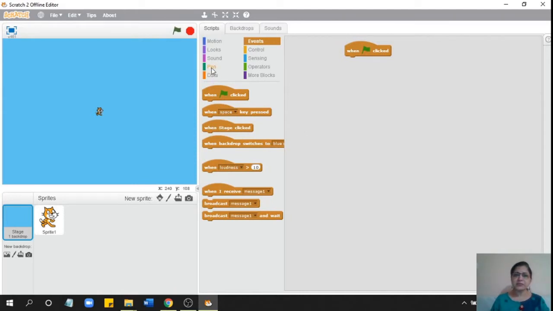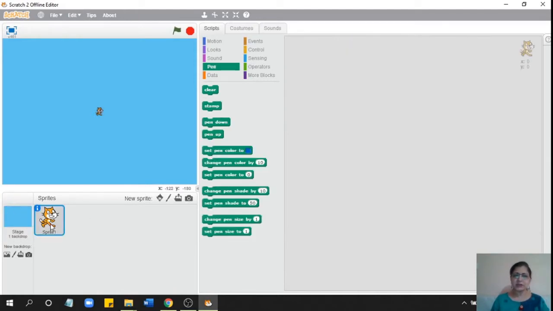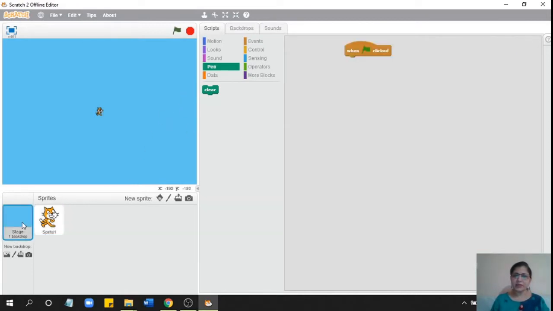Then we have to put the pen settings. But where are the commands? Why aren't they being displayed? Because I am on the background. I should be on the sprite for all the commands to appear. When I am on the background, only some limited commands will be displayed.